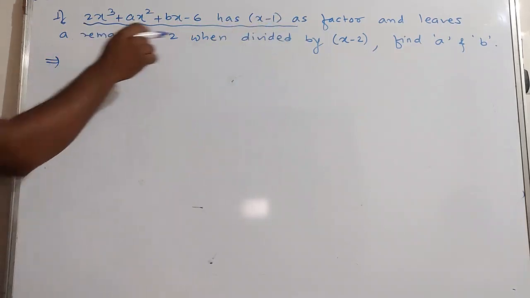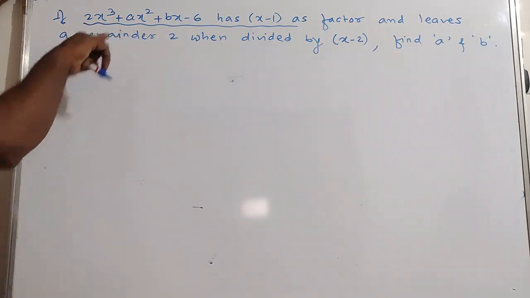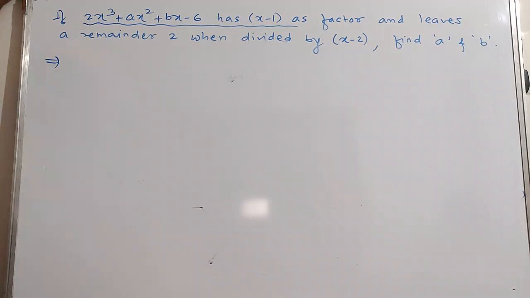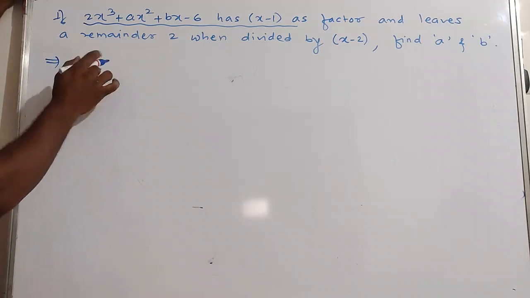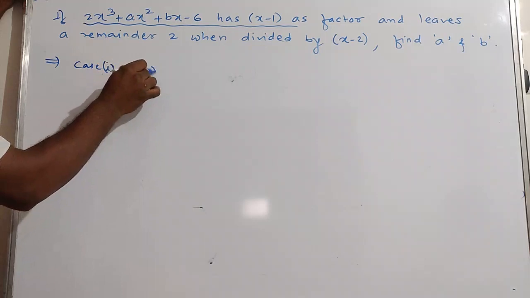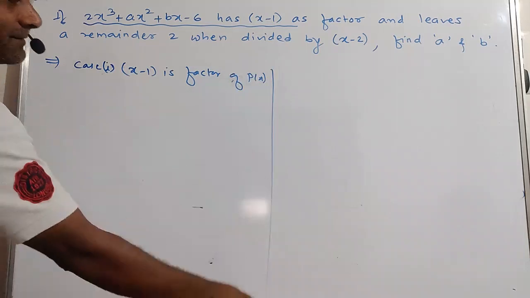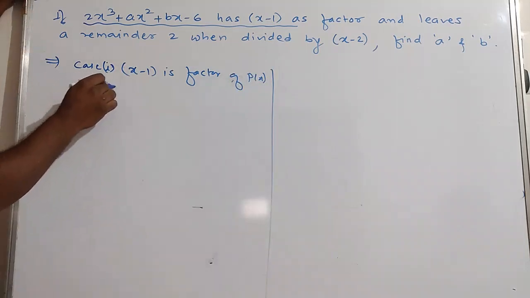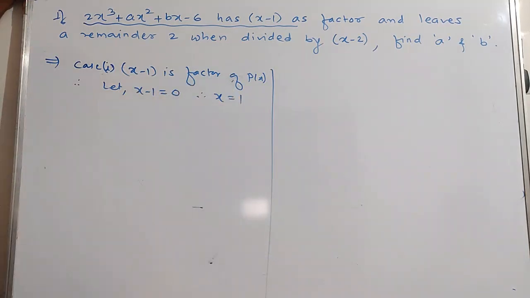Here it is given that x − 1 is a factor of this given p(x). So if x − 1 is a factor of p(x), definitely we will get remainder 0. Okay? So case 1, where x − 1 is a factor of p(x), and so I'll consider x − 1 as 0 and therefore x is equal to 1,